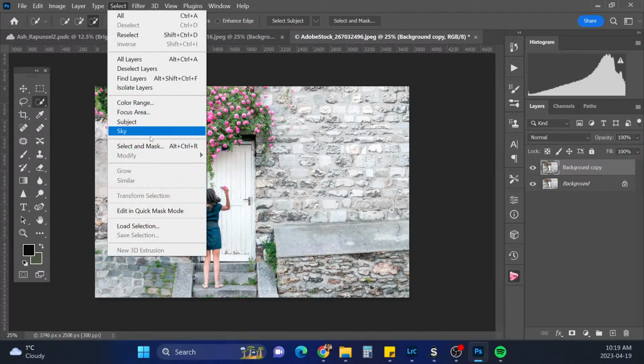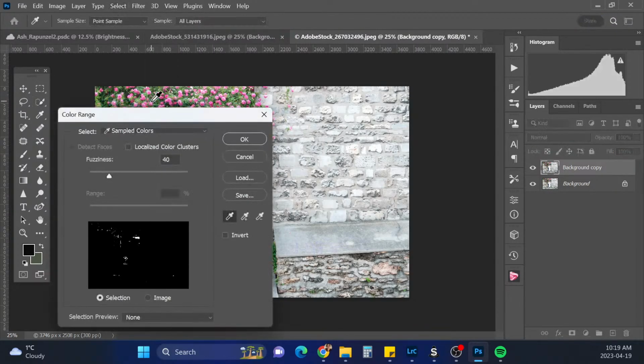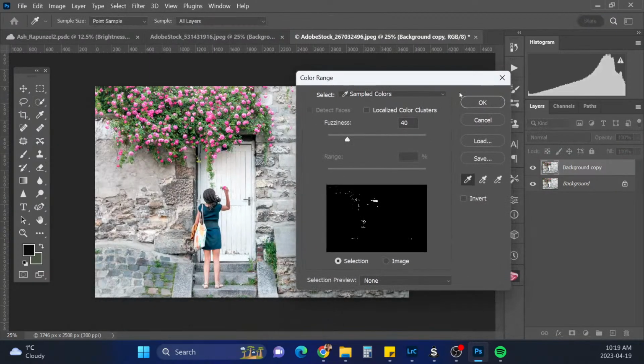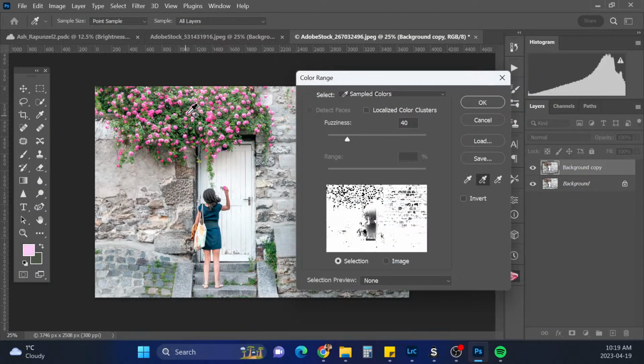Let's go to select and then color range and go to the little plus one, and we're gonna select all the greens and purples, or sorry, greens and pinks. And select out all of this.